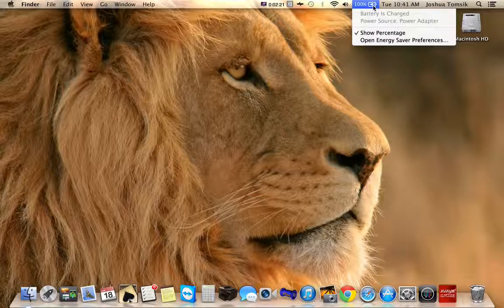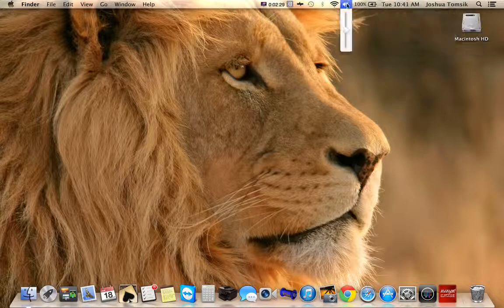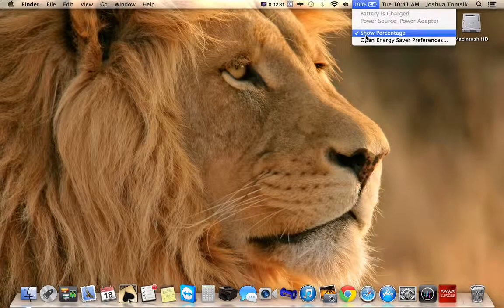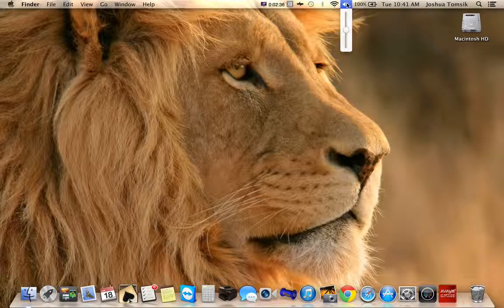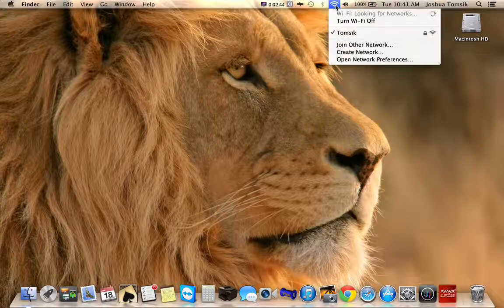If you click on that, you can show percentage, and it is going to give you the percentage of battery life that you have. When you open your machine up, it does not have that right away. So I really think that is a really good tool, and I would make sure to definitely show percentage. To the left of that is your volume, which you can also control with your F10, F11, and F12 keys. And to the left of that is your wireless